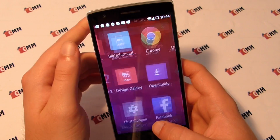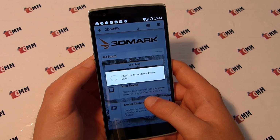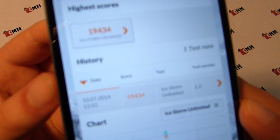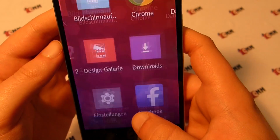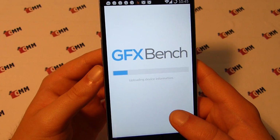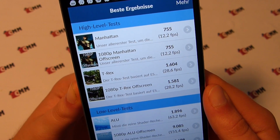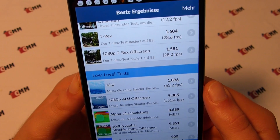So let's have a look at the next benchmark, and that would as usual be 3D Mark. And while you probably guess it, the OnePlus One maxed out in every score, in every benchmark except the unlimited benchmark. So let me show you that, and here you see that the OnePlus One reached 19,434 points in the Ice Storm Unlimited test, so that's again pretty good. Then a quick look inside GFX Bench, and as this one produces a lot of scores, I don't show you all, I just give you a quick look at some results. Here's the Manhattan result with 755 points, the T-Rex result with 1604 points, and here the ALU result with